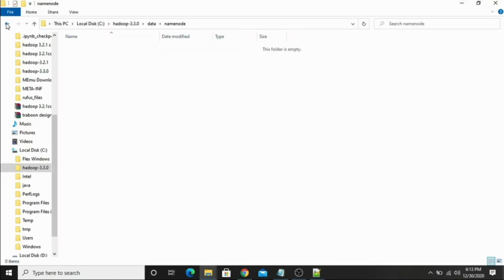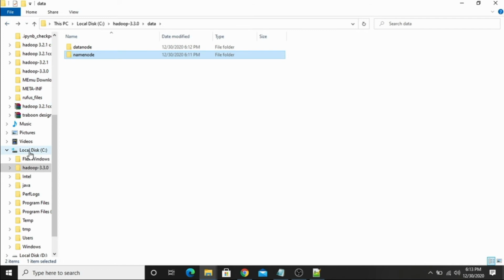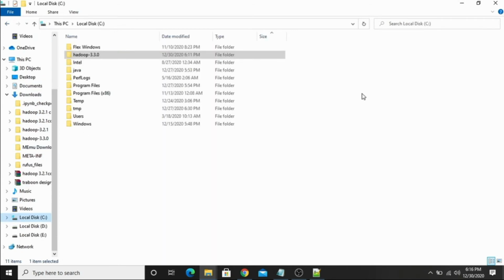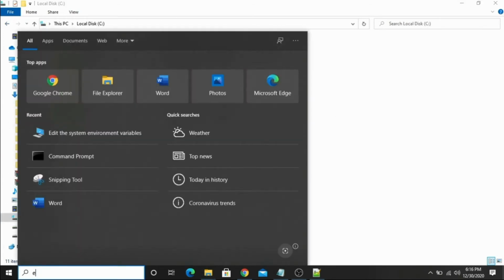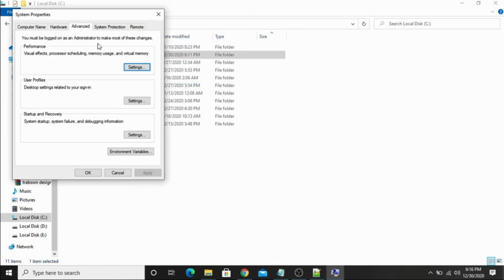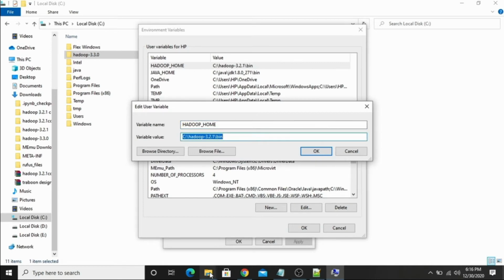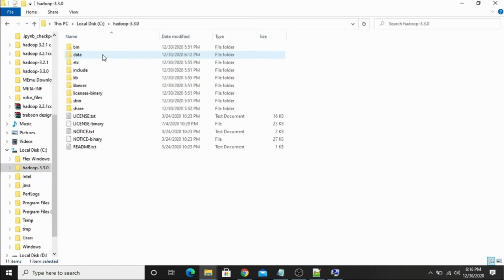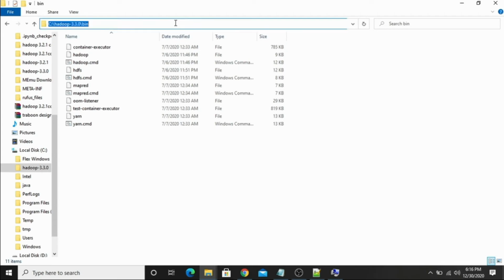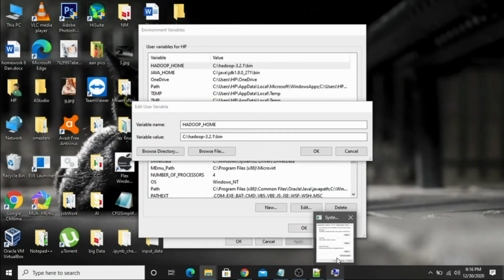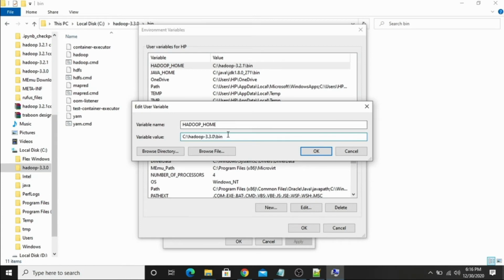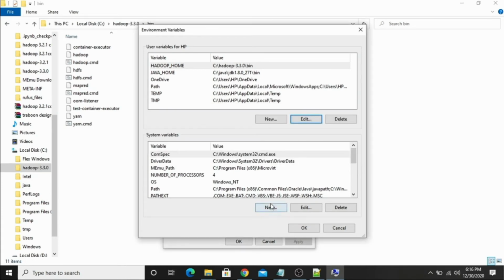Now we need to edit the environment variable. For the environment variable, you can go to the main menu and type in environment variable. Click on the environment variable tab, click on HADOOP_HOME and edit. You have to paste the Hadoop path here. Copy this path and paste it here. Click OK.